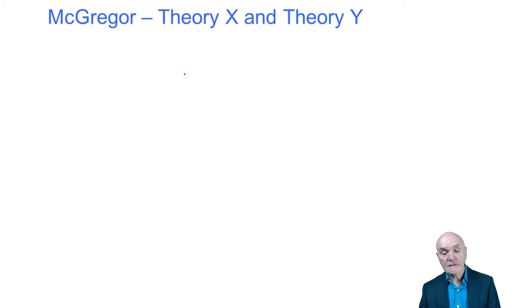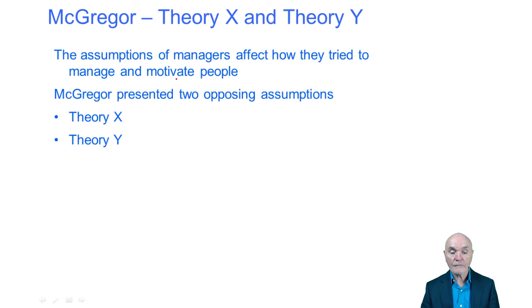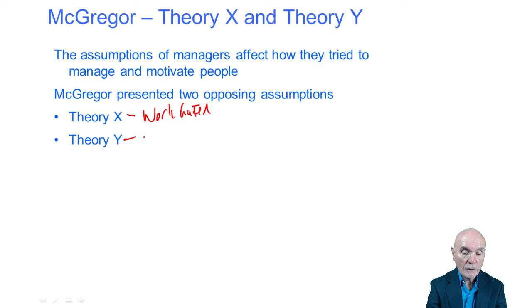Then there's McGregor, theory X and theory Y, and this is really very like Ashridge, I think. Ashridge, if you remember leadership, went tells, sells, consults, joins with. This is almost the two extremes there, theory X and theory Y. And these are really assumptions that managers make about the attitude of their employees. Theory X attitude said really employees do not want to work. Theory Y said work was enjoyed.